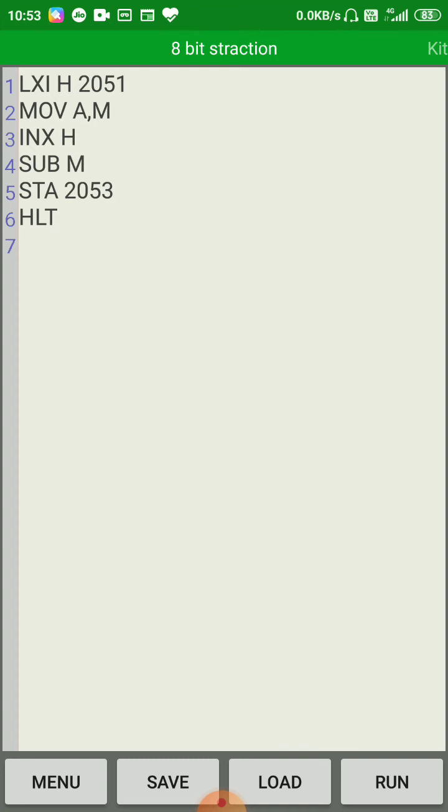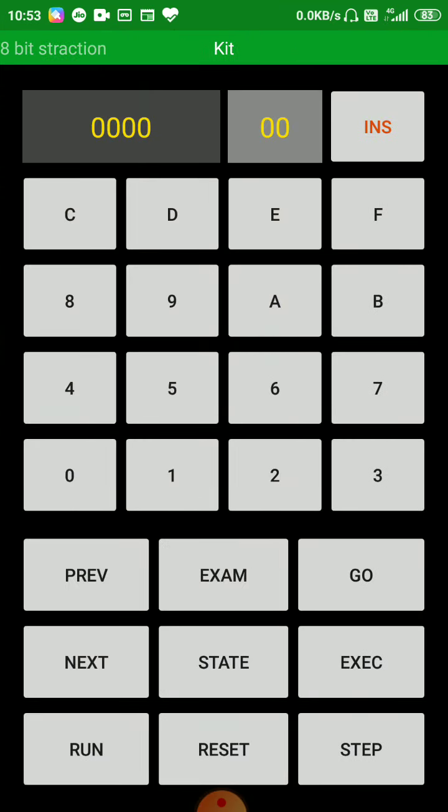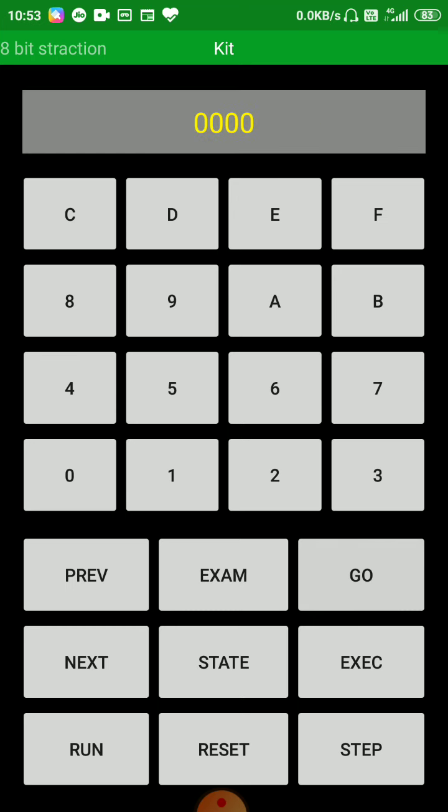So what we will do, we will just load data to 2051 and 2052. First you have to press go.